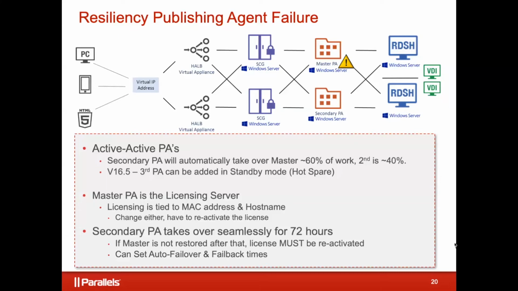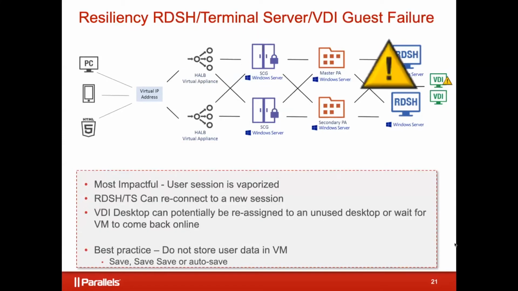Okay, so we have a failure in any one of these components on the left, and all's good and hunky-dory because we've designed our system right. We're N+1. End users keep working. I've just got a little bit of stuff to do on the back end as an admin, and we're all happy and healthy. All right, so then what happens if we have a failure at the other side, right?